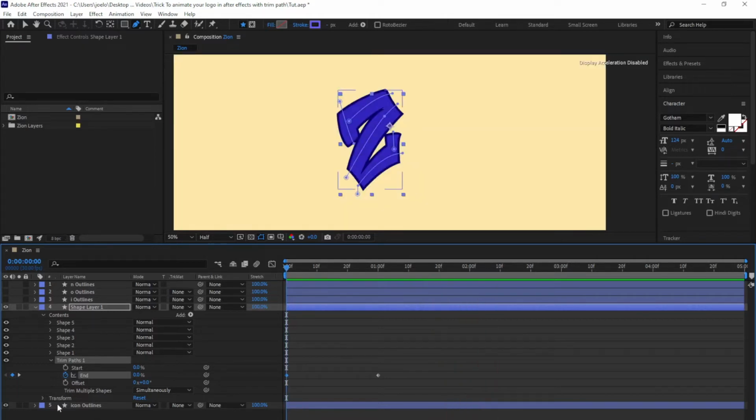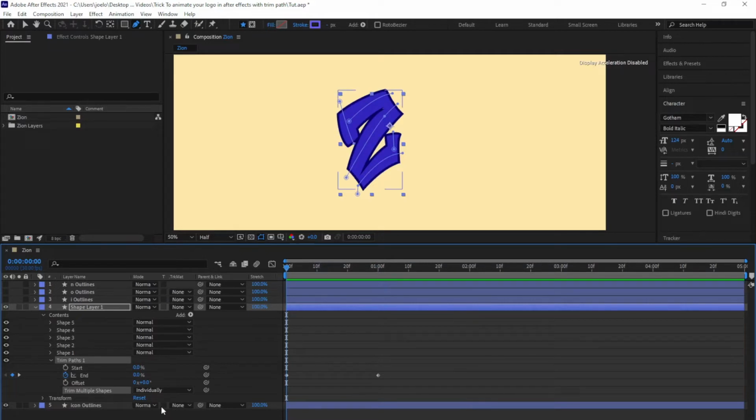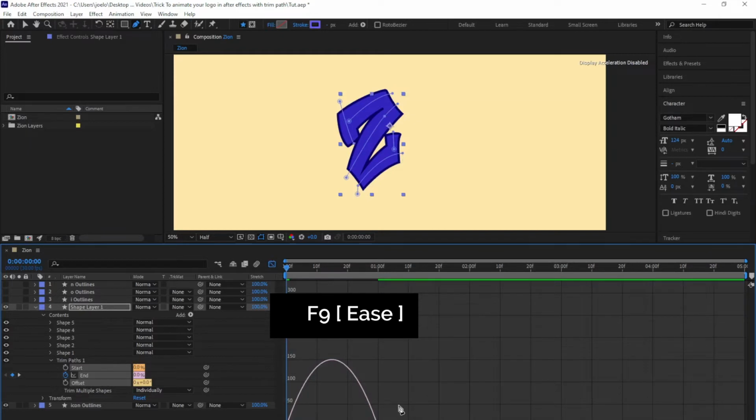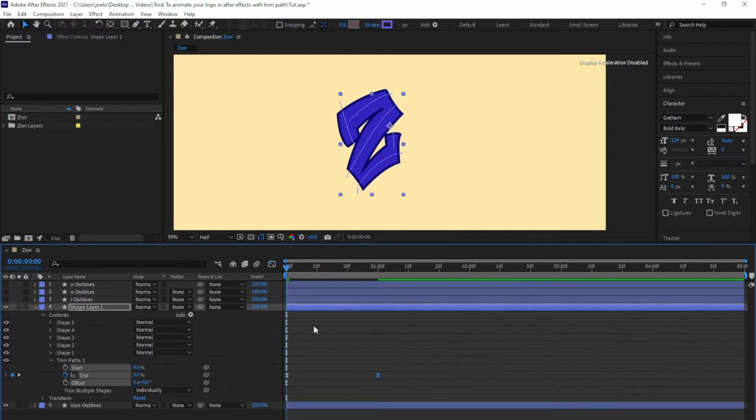But again, you can play with these trim multiple shapes depending on how you want it. So if I change this to individually and I play it, see it comes in one after the other. So that's something you can play with to change the style of your animation. After doing that, I'll just allow it to be individually. Then I select these 2 keyframes, hit F9 to ease the keyframes, go to my graph editor, then I bring in these handles somewhere around here, that will be fine. So if I play this again,